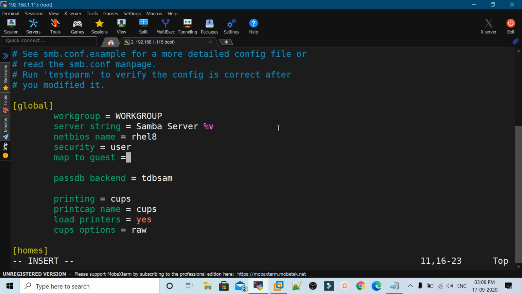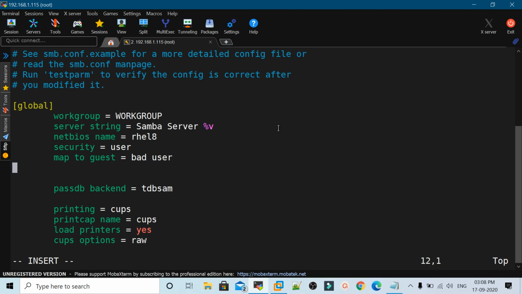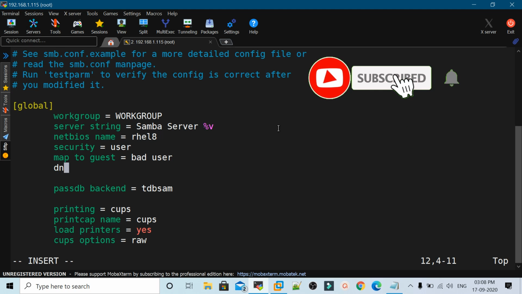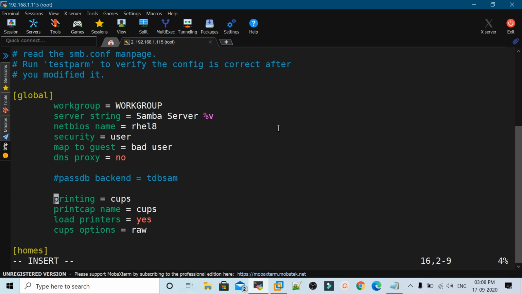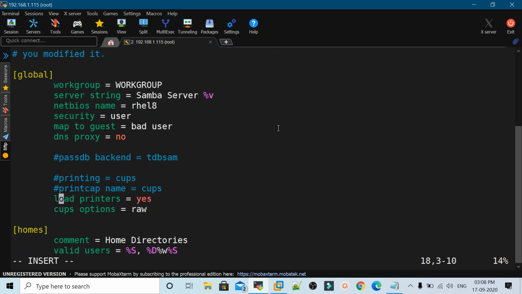Here I will mention bad user, and then in the next line I will mention dns proxy is equal to no, and I can comment the remaining lines in the global section of this file. So here let me go here and comment these lines. I don't want to do the printer sharing, so I can comment these lines as well.